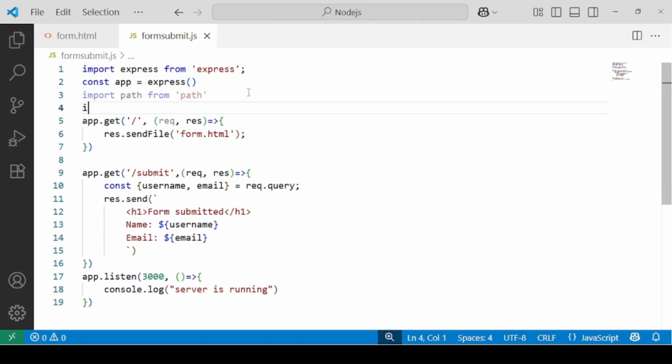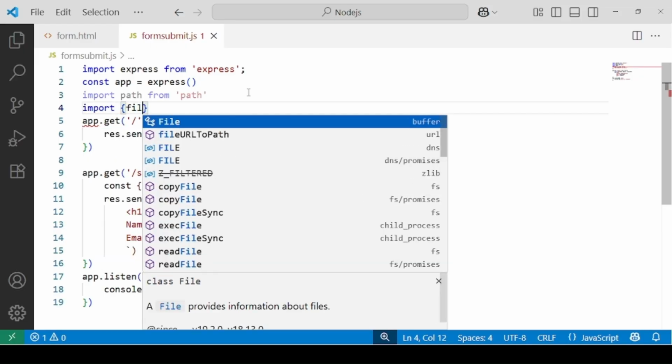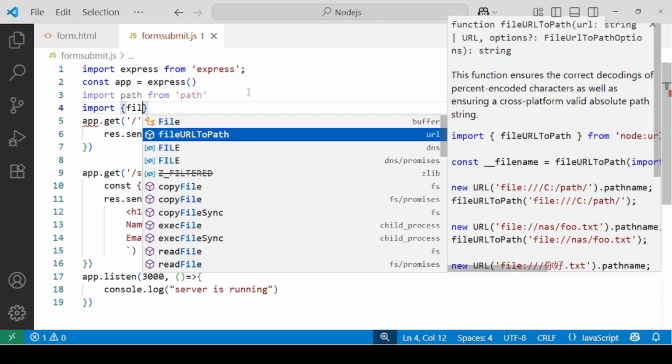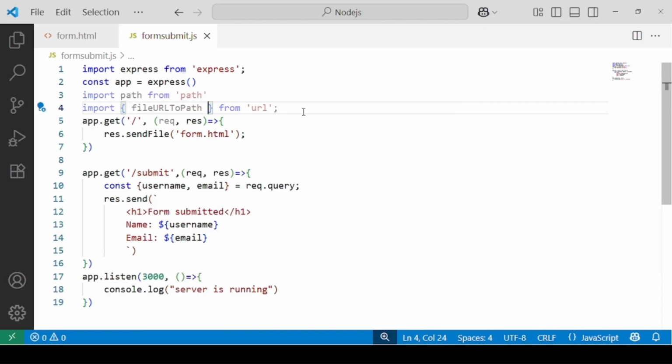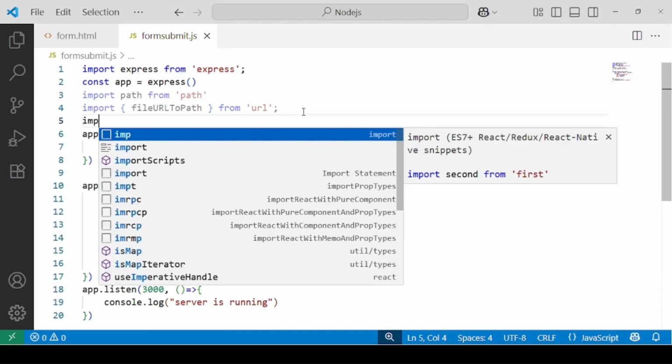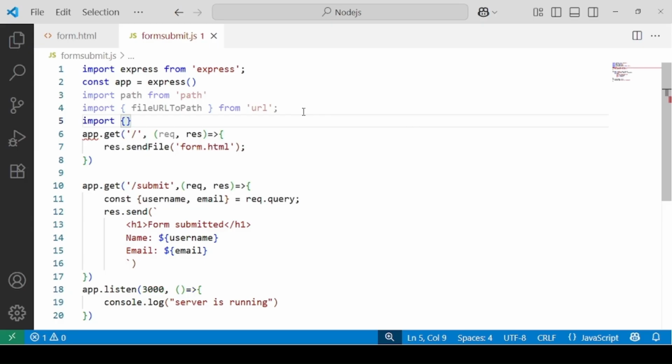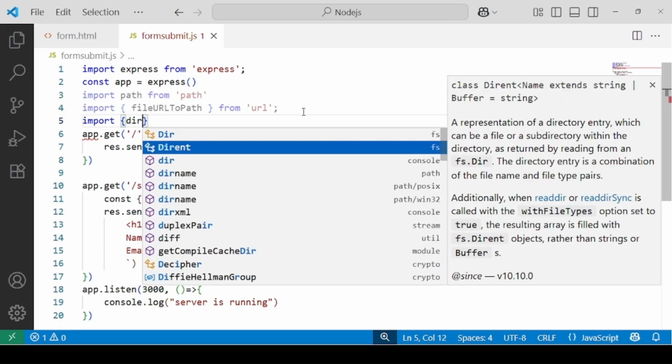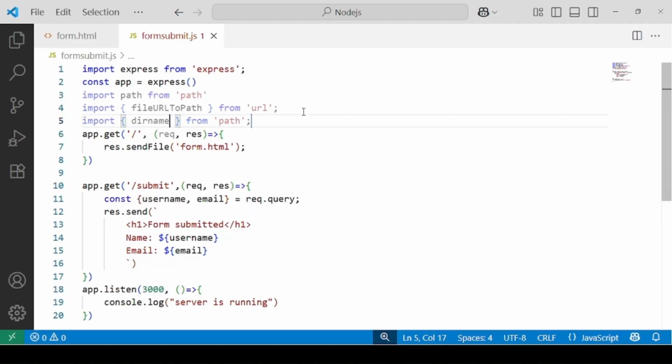Then import fileURLToPath from the url module. Import dirname from path.